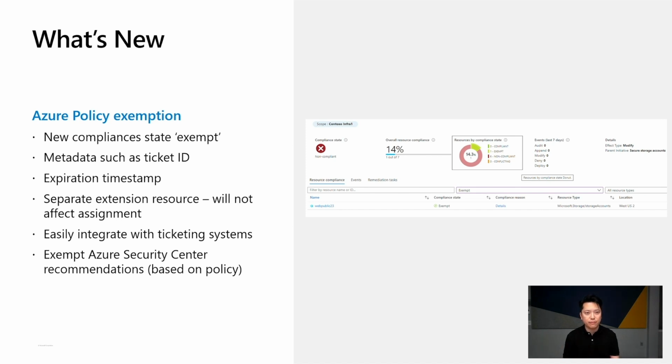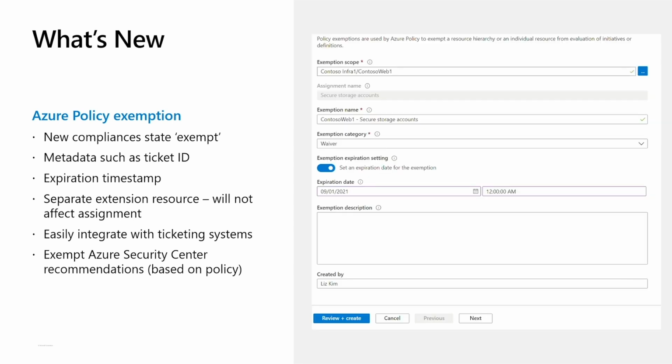So when you look at them, like you see in this screenshot right now, you can see that they have a state of exempt. That wasn't available before. You can also set an expiration time for automatic expiration, like let's say an exemption that applies only for 1 year. When that 1 year is up, we will lift that exemption and the policy would get enforced on those resources again, automatically. You can also use policy exemption to provide metadata such as requester, approver, and ticket ID.